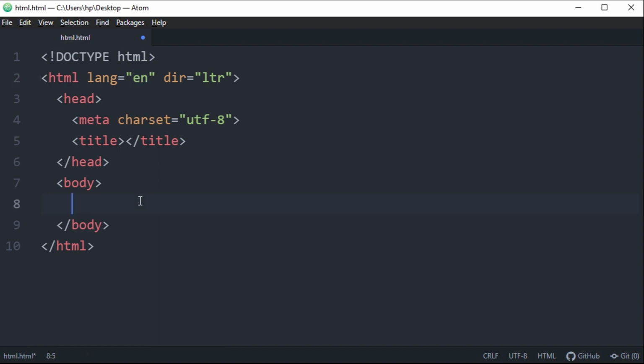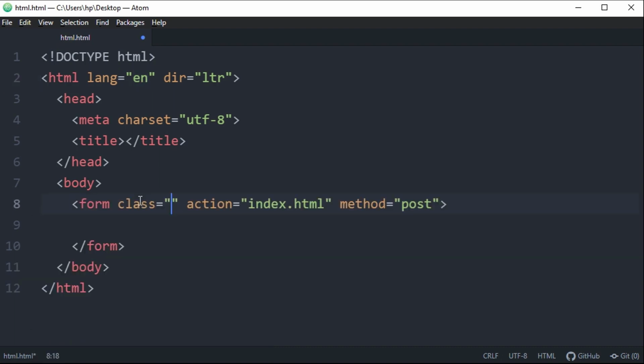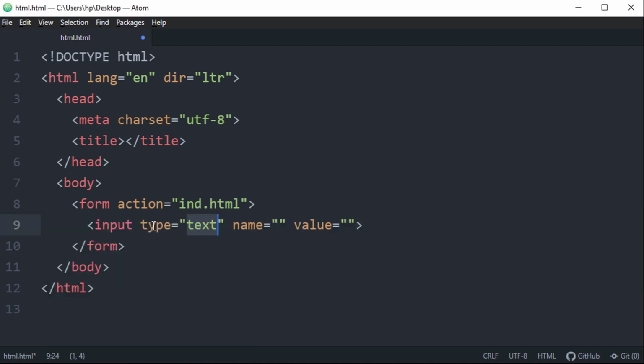Here is our HTML syntax form. You can cut them, we don't need them. I'm keeping this ind.html just to display thanks for submit. On this page I have written a plain text thanks for submit, so when we click on submit, that message will be displayed. Okay, so now let's discuss input radio.